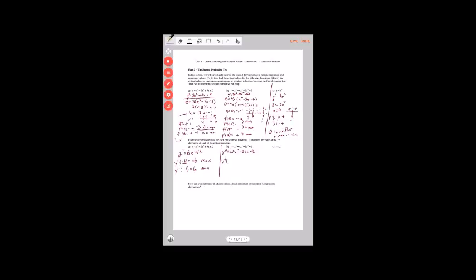I'm going to go in order: y double prime of -1, y double prime of 0, and then y double prime of 4. You just type those into your calculator, and y double prime of -1 was 20, y double prime of 0 is -16, and y double prime of 4